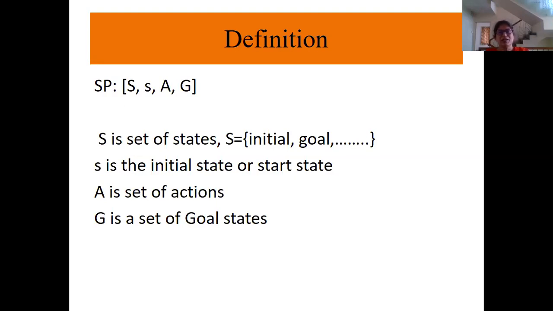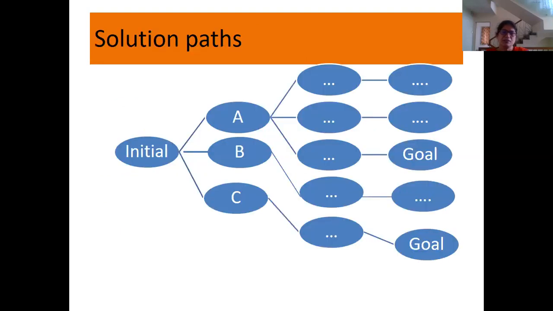It is similar to finite automata, if you can recollect what you studied as part of theory of computation. From the start state, if we reach the goal state, that means we have found the solution. If you don't remember, please go back and check DFA and NFA. You'll understand the concept of start state, final state, and the transition function. So I hope the definition is clear. Let us move to the next slide, which talks about the solution path.